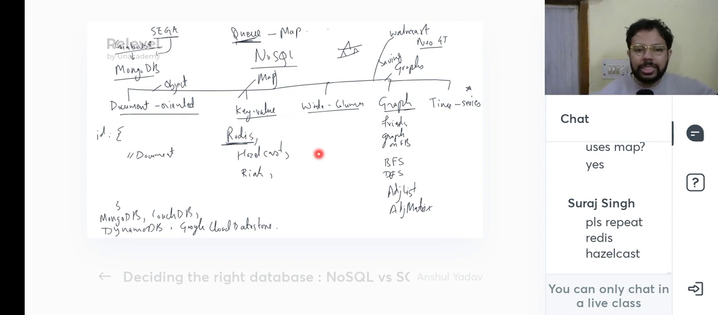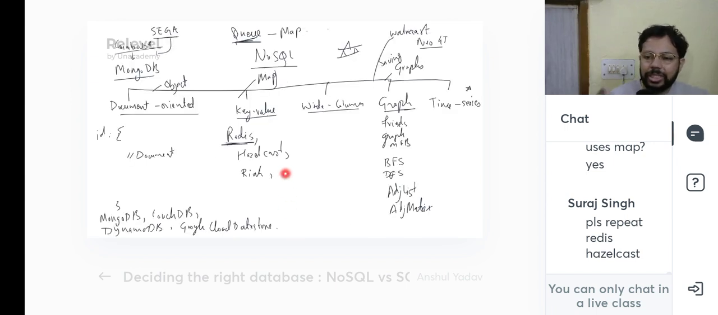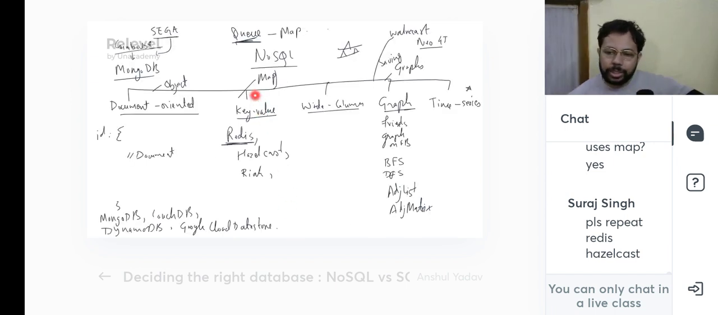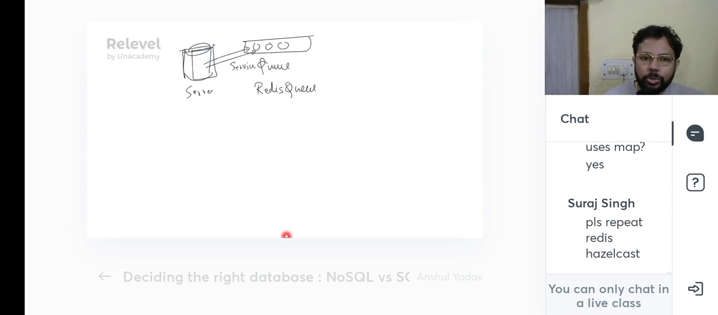Redis and Hazelcast. Redis is basically a queue. So Redis is basically a key value store. It is a map that stores your data in your storage. It is not in your RAM. It is a database that stores a map. And then there is Redis queue, which